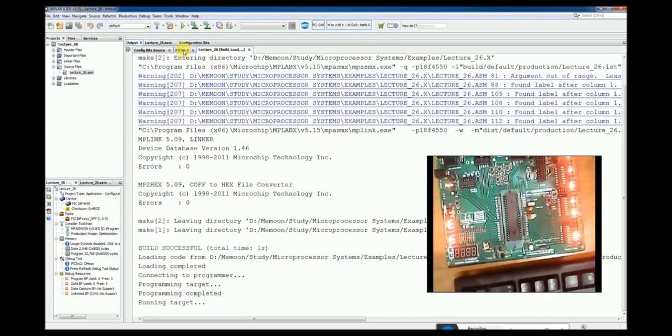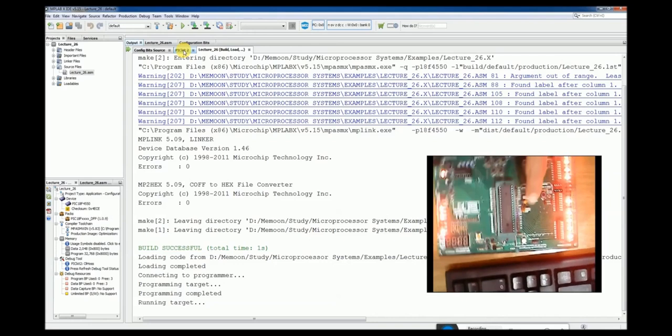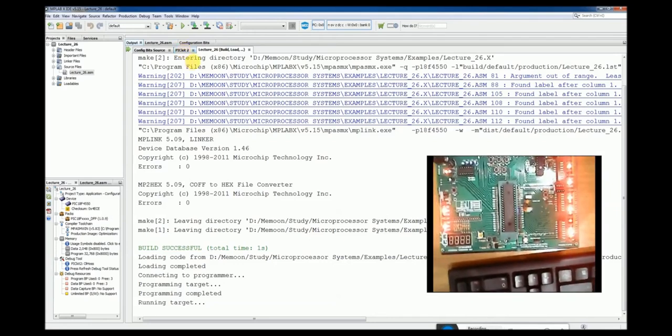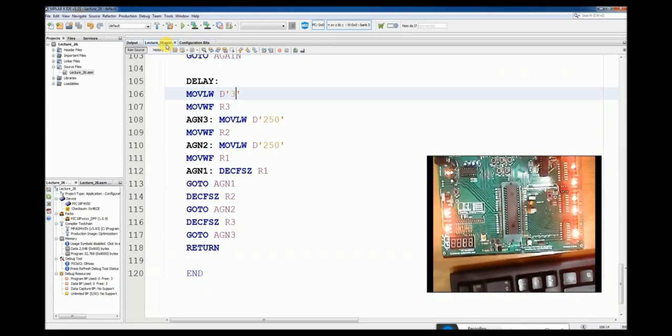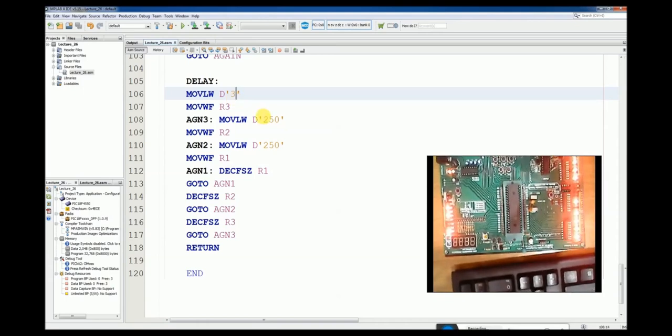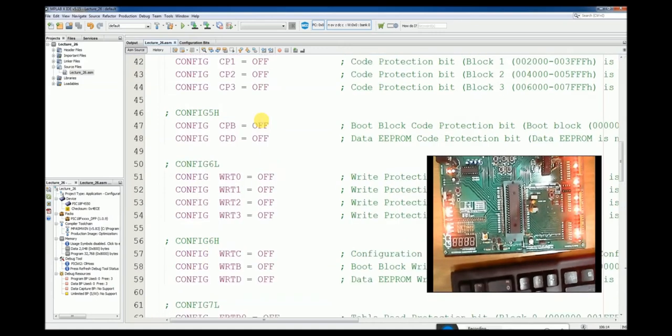Right now the crystal we have on this board here, right here, is 4 megahertz. So now this is operating at 4 megahertz, and the delay that we calculated for 1 second was 250 into 250 into 3 approximately, and the program is behaving exactly how we wanted it to be.